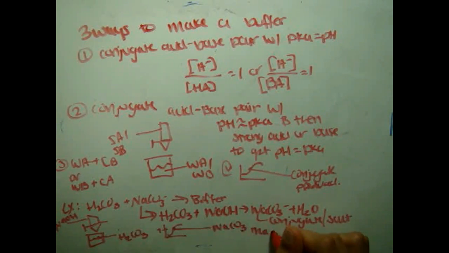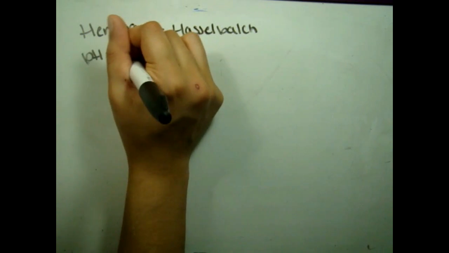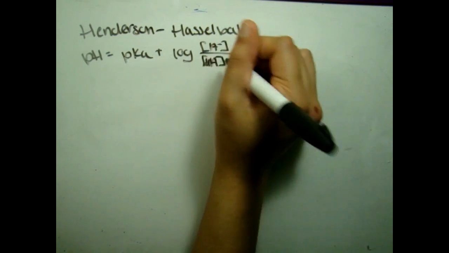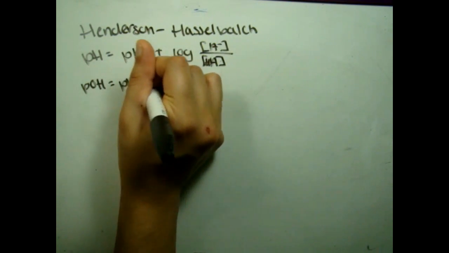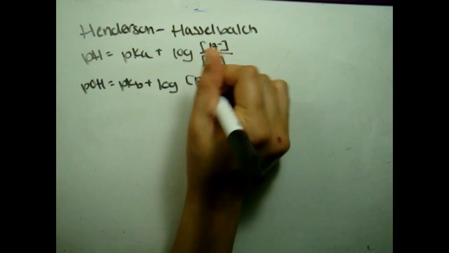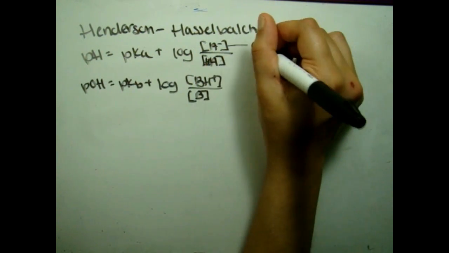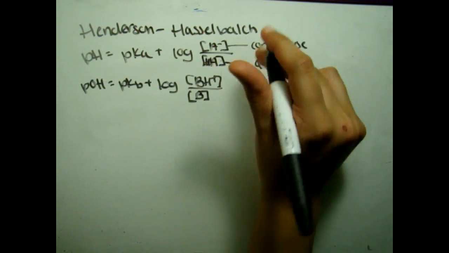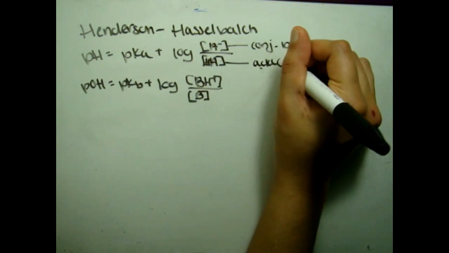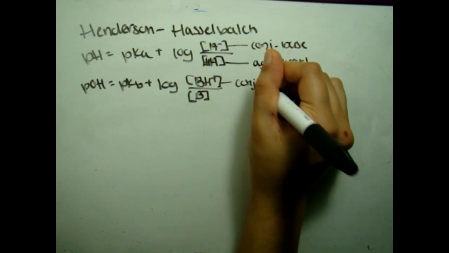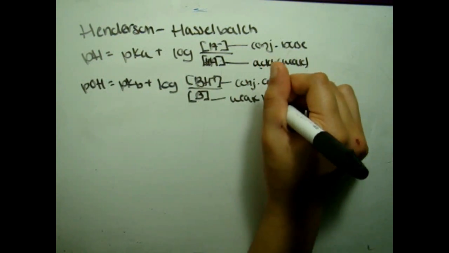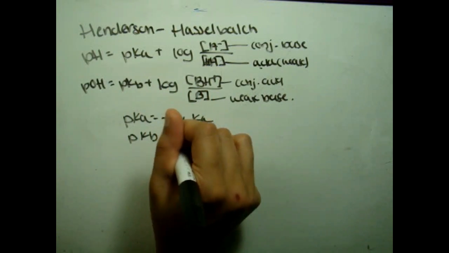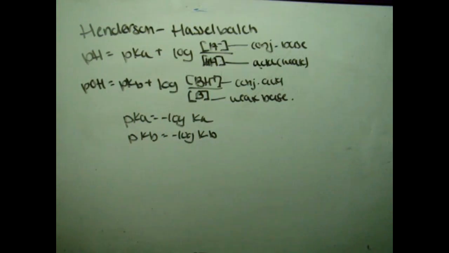weak acid or base. The Henderson-Hasselbalch equation can be used to find the pH of a buffer. Here, HA is the molar concentration of the undissociated weak acid. A- is the molar concentration of the acid's conjugate base, and pKa is the negative log of Ka, where Ka is the acid dissociation constant. In the alternate equation, BH+ denotes the molar concentration of the conjugate acid of the corresponding base B, which is also measured in molarity, and pKb is the negative log of Kb, where Kb is the dissociation constant of the